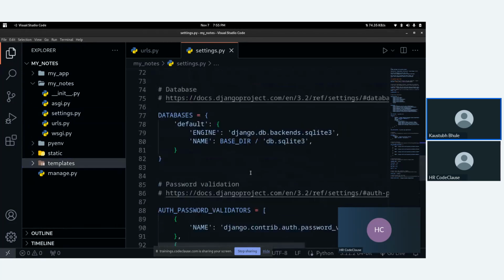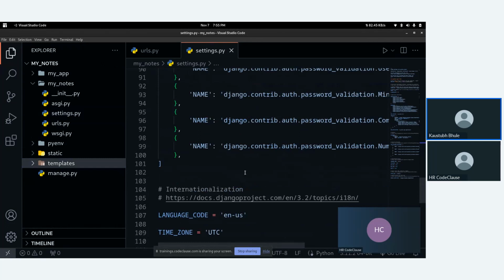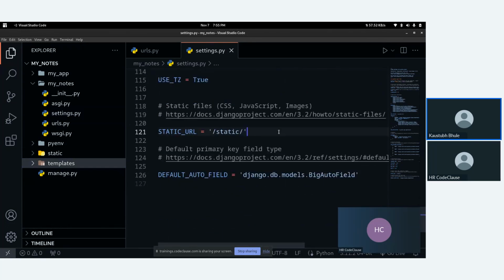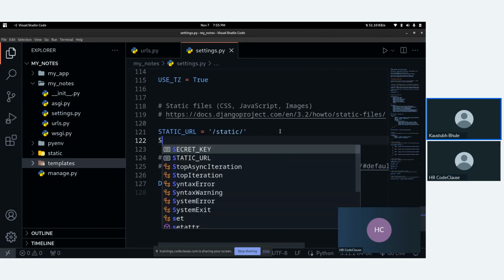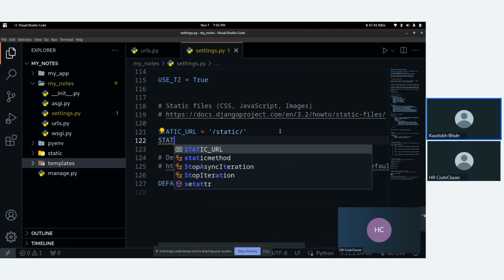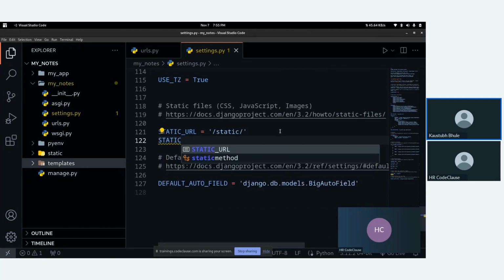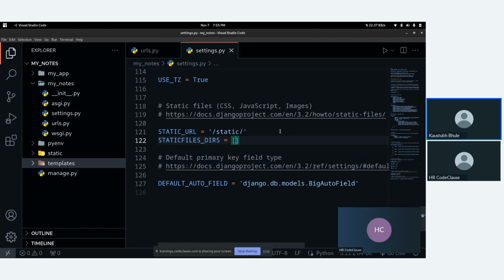Via settings. Then to connect the static files, you have to come down here, near the STATIC_URL, and we'll type STATICFILES_DIRS, followed by equals to and square brackets, because again we can have multiple static folders.